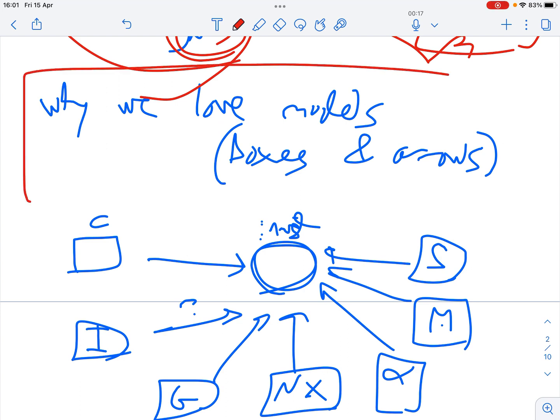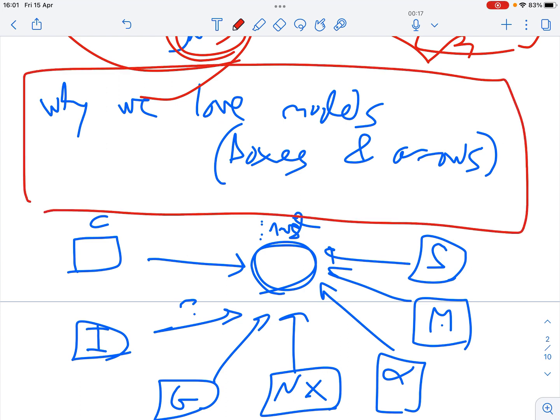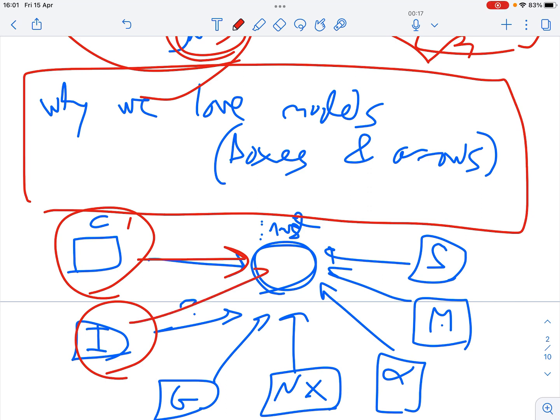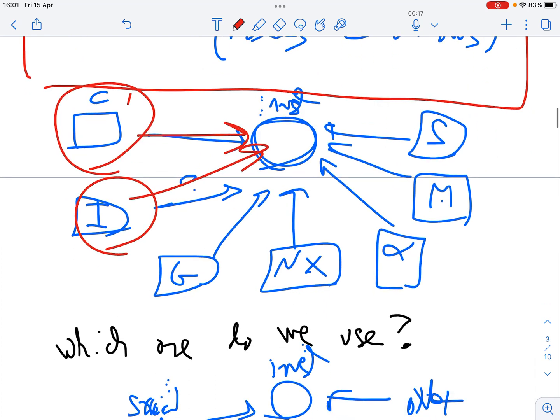So why do economists love models? And by models, you think of it as just drawing boxes and arrows, right? Some variable, some issue, something causing something else. Consumption then leads to investment. People want more bread, so bread makers invest more in their machines. Investment causes more investment. I won't go into that. Government spending may be causing this through a host of ways.